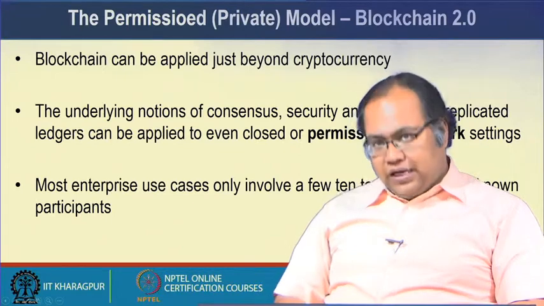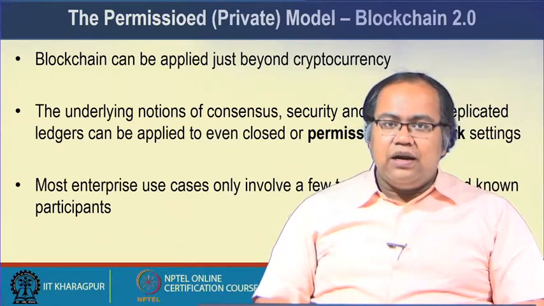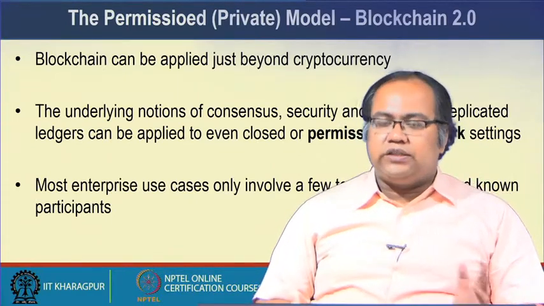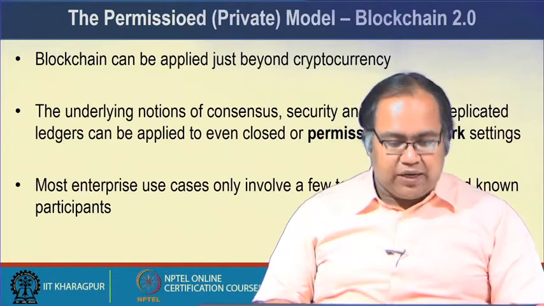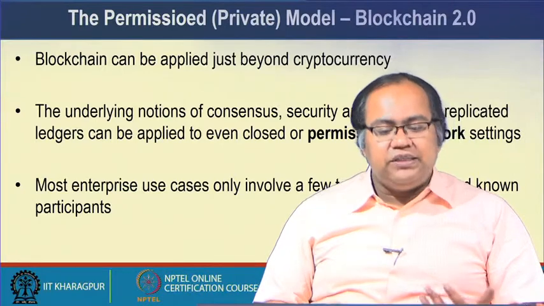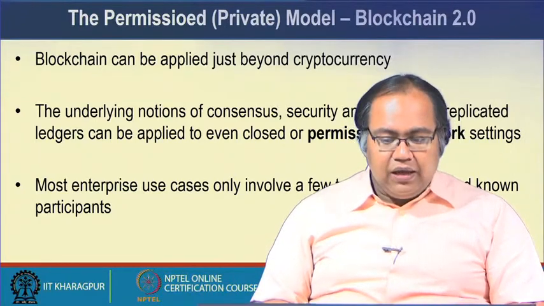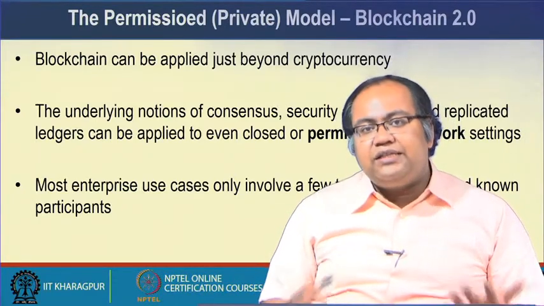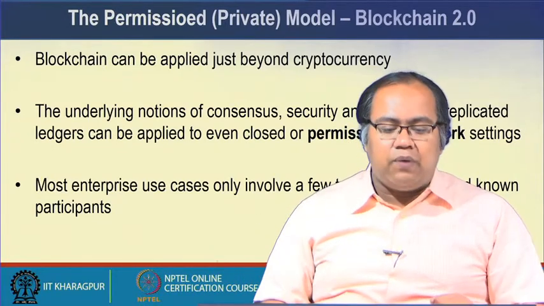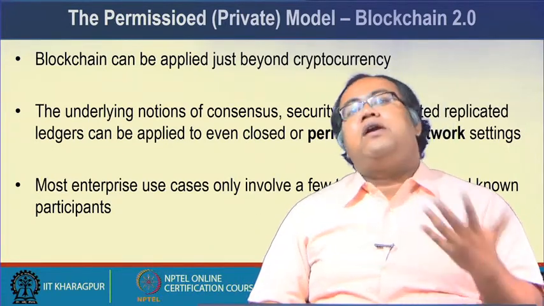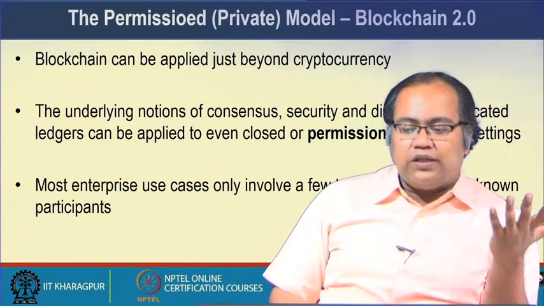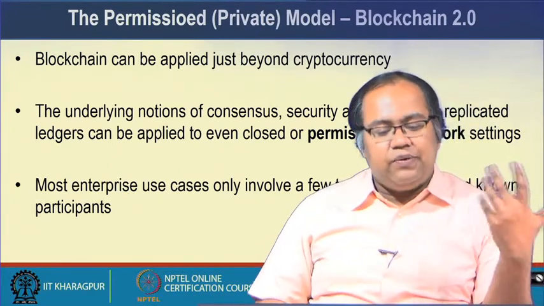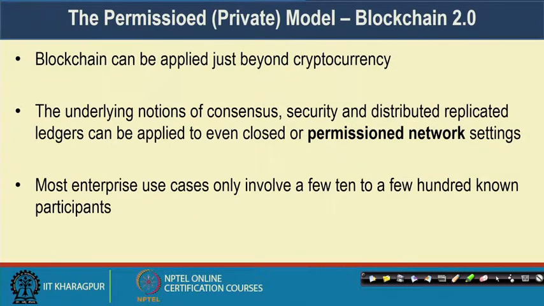Now, in blockchain 2, we are moving a little from this concept of the permissionless model to something called a permission model or a private model. In the case of a permission model or a private model, the industry people explored that this concept of blockchain can be applied beyond cryptocurrency. So, this underlying notion of consensus, security, and distributed replicated ledgers can also be applied to many kinds of closed